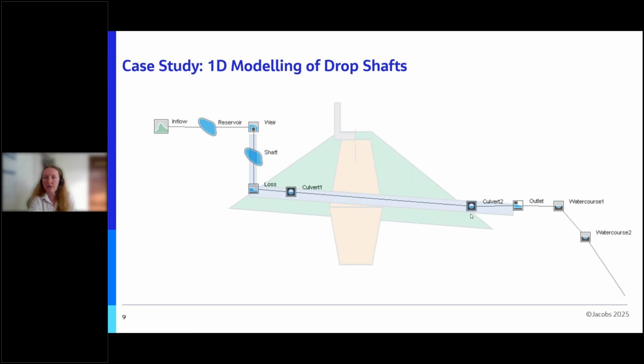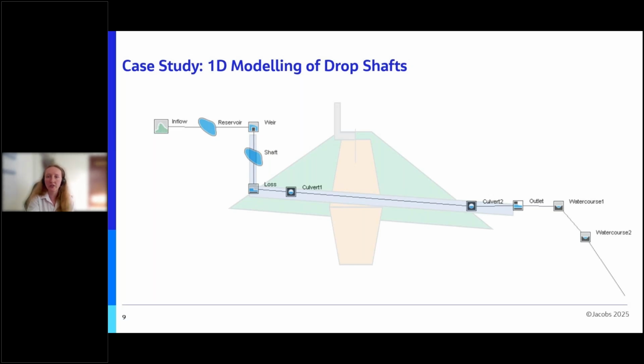You may also want to add additional minor head losses through the system, wherever there may be an interruption to flow, such as, say, bends, valves, or transitions between culverts of varying sizes. The importance of minor head losses will vary depending on your arrangement. For example, if your horizontal pipe is very long, then the minor head losses are potentially not as important as